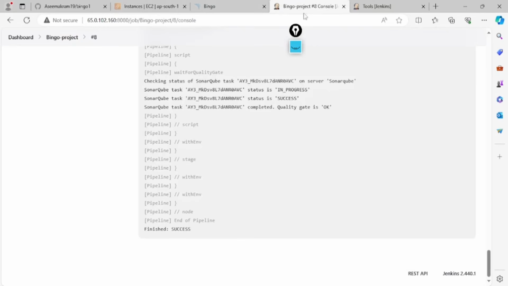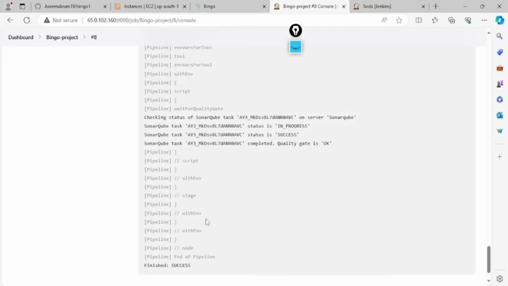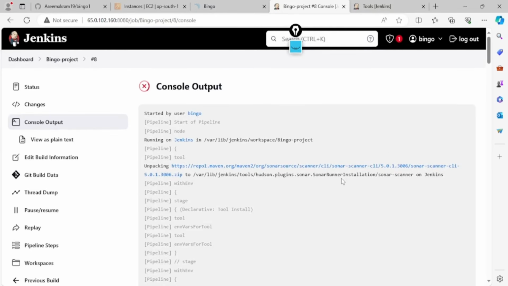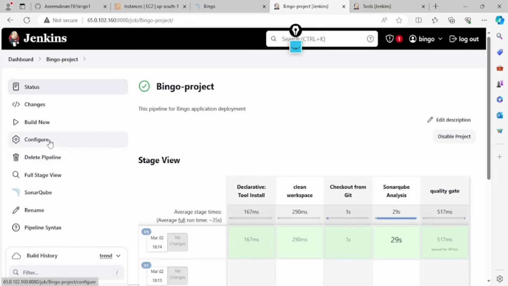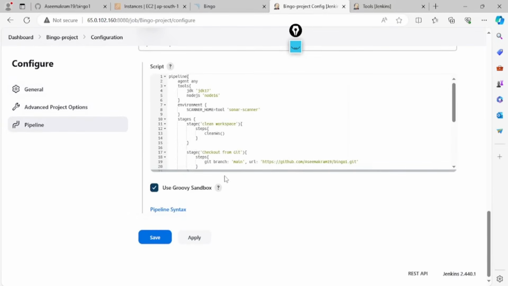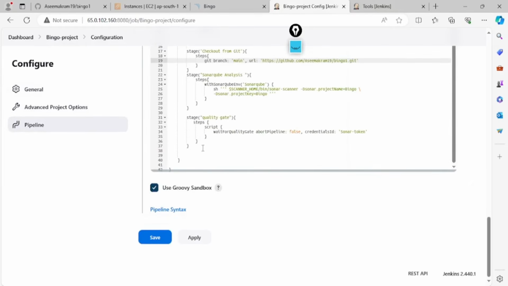The next part, what we have to do is communicate with the next step, that after that the Trivy and the check tools have to be integrated. Okay, I'll go back to the configuration, then I'll go back down, right? Then I will add one more stage in order to execute that. Okay,